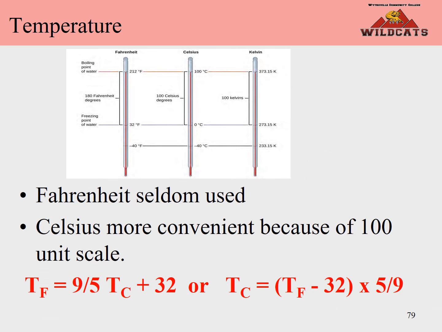Let's take a look at the temperature scale. Fahrenheit is seldom used. Celsius is the more convenient because of the 100 unit scale. And then Kelvin is the SI system, or the one that's used for the SI system. So if we take a look, the freezing point of water is marked on this and the boiling point, because